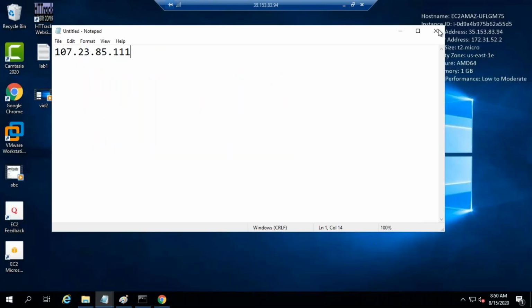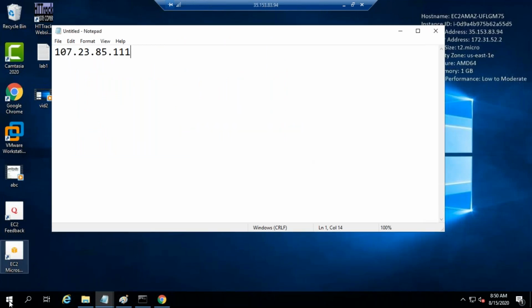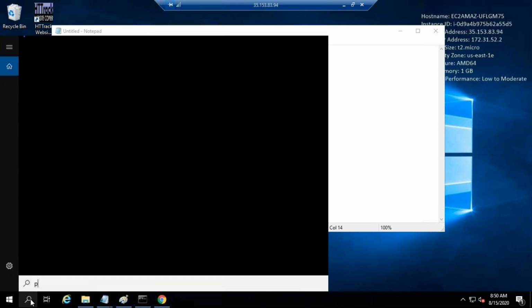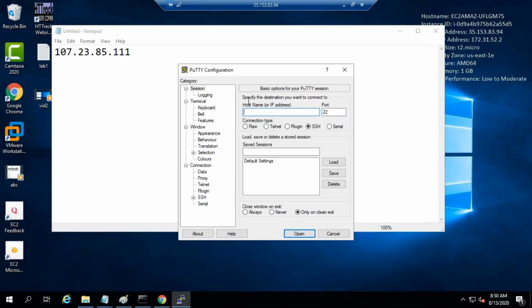So now I want to open the Putty software. We can go to the start menu and search for Putty. So we can see the Putty software. We can start the Putty application to connect to the Linux server. The IP address we have to paste here. So we got the IP address. Now we have to give a